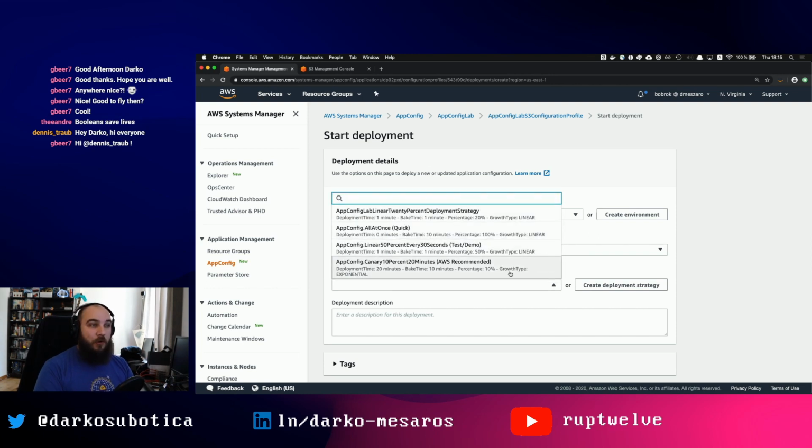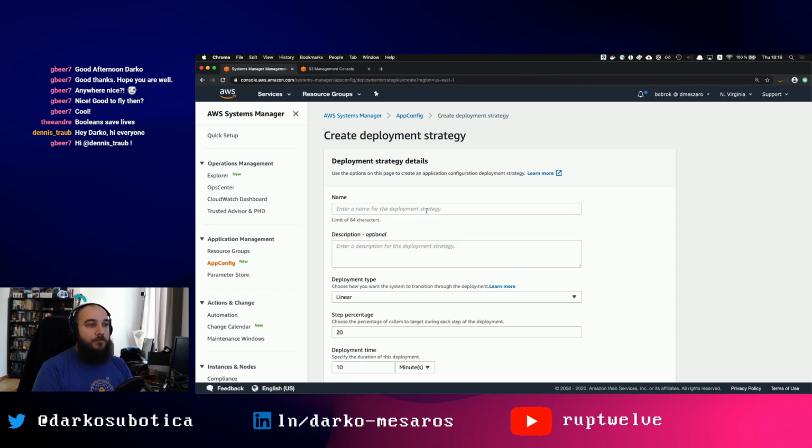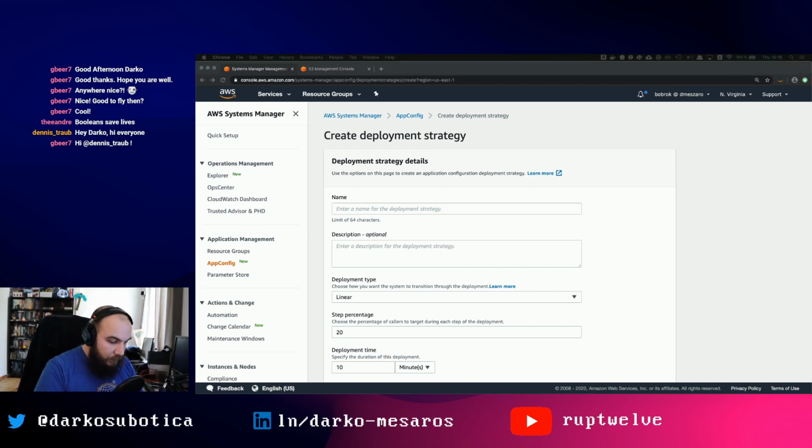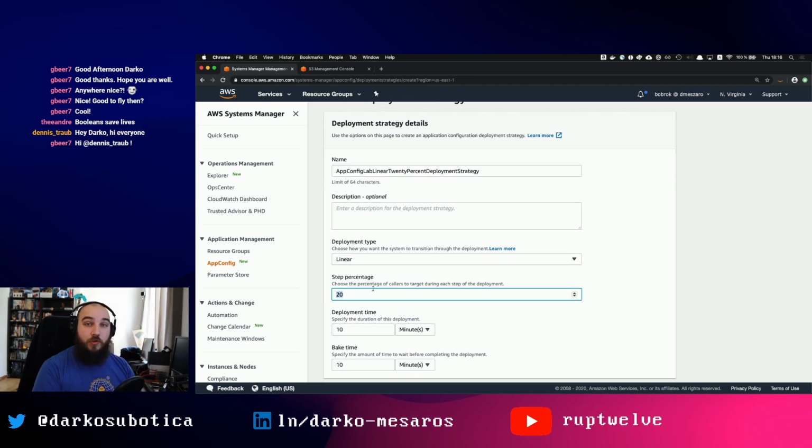Now the deployment strategy. So let's actually create a deployment strategy. Deployment strategy is basically how you wish to deploy this object. I want to deploy at 20% at a time linearly, right? So I want to make sure that I deploy only to 20% of my applications at a time. The duration should be 1 minute, and the bake time, basically the bake time is this amount